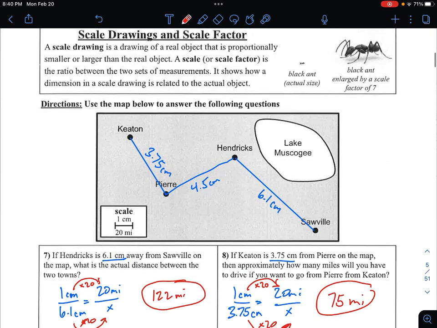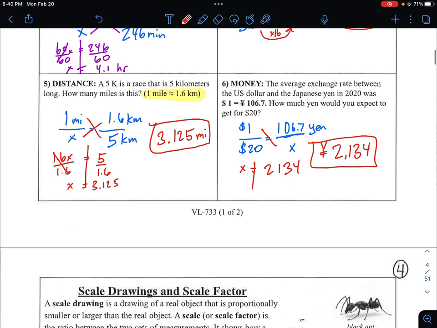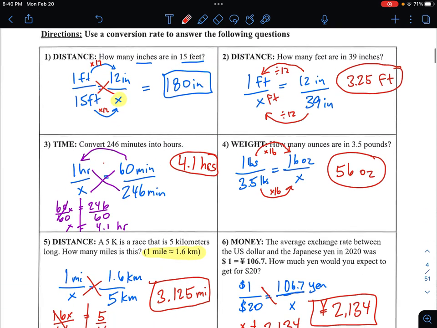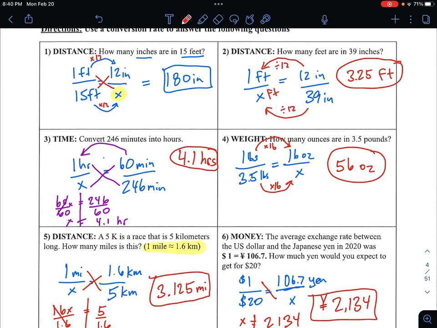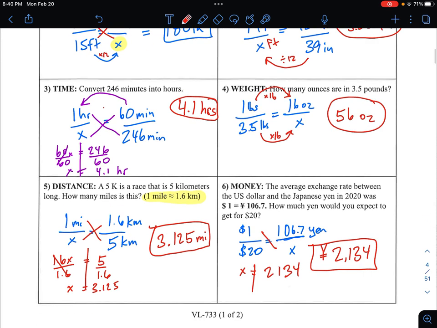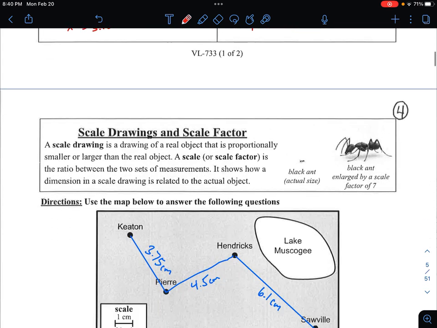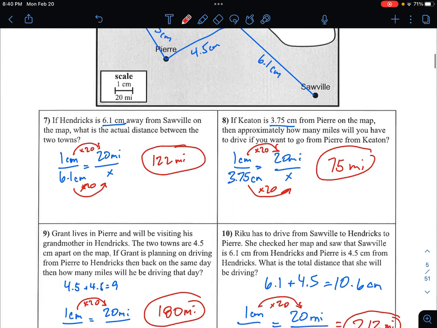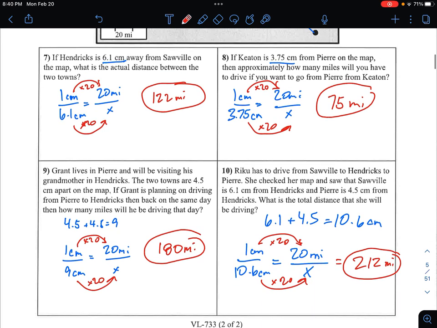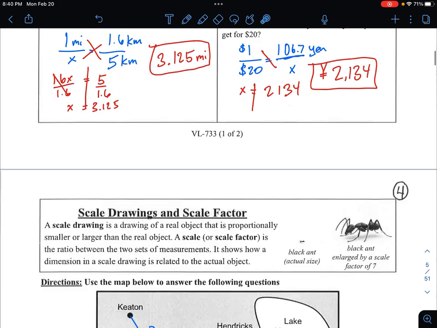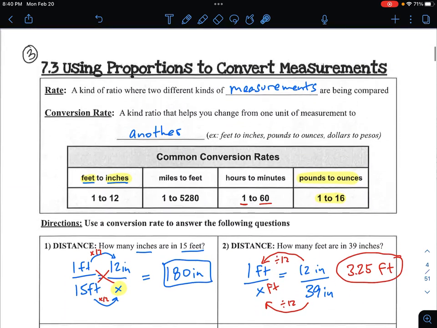Now, as I said before, I was doing this kind of the long way by setting up a proportion. Many of you will be able to figure out, like, wait a minute, I just can multiply in this question, or I just divide on this question. So it's kind of up to you to decide whether you're feeling pretty confident about whether you should be multiplying or dividing. And I leave that up to you. But go ahead and try some problems on your own where you're converting some measurements